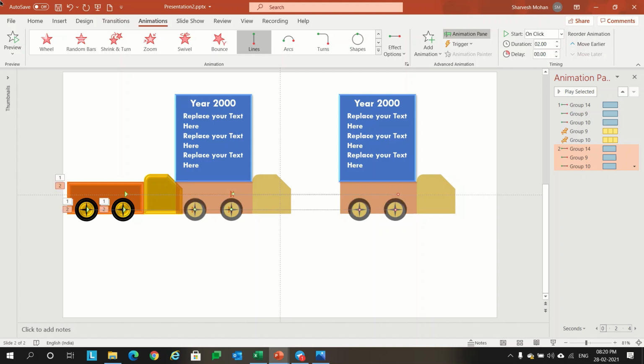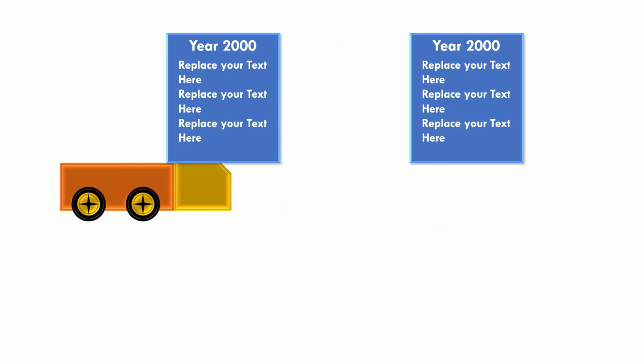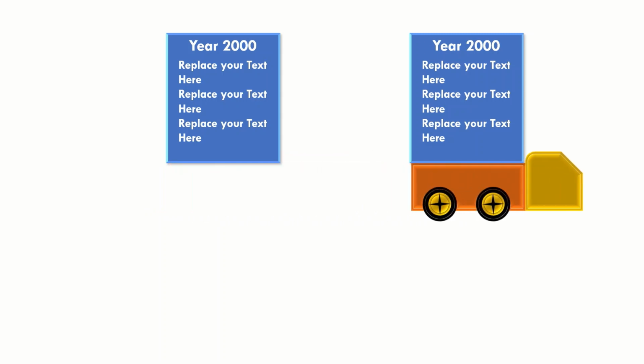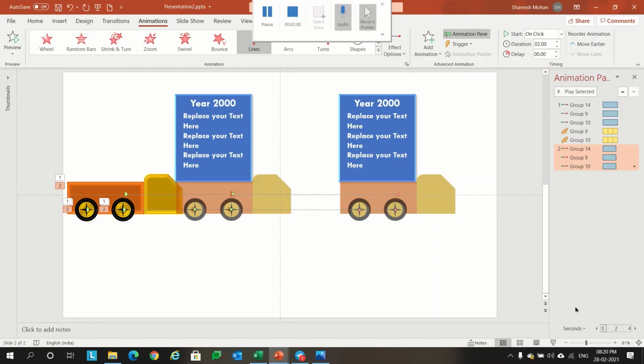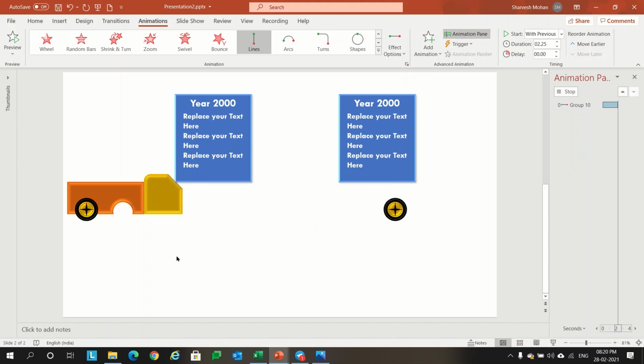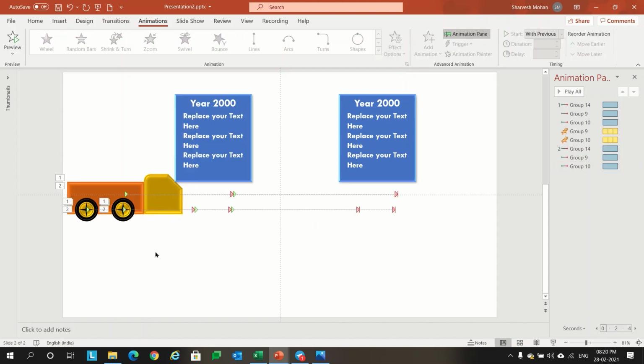Now this is the starting point. Let's see how it works. Okay, so it came to that. Now we have to give the same animation that we gave before. We'll go there and select these 3. We'll make it 2.25, and we'll change the smooth start to 0, and we'll make the